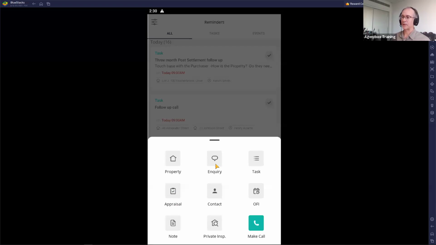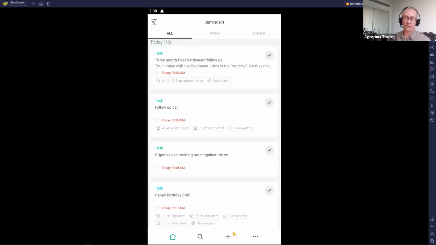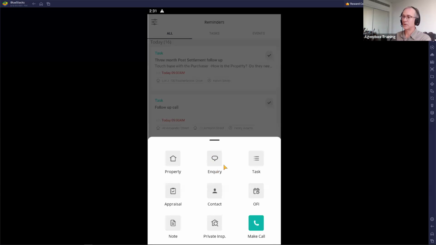Other things from the plus button. If you receive an inquiry on one of your properties, someone calls you and they're inquiring on your property, you want to make sure you're capturing those because they'll create a contact card. They'll add buying requirements against that contact. They'll potentially, depending on your database, receive future automated emails on new listings that match their requirements. Plus, you could communicate to those buyers from that listing in bulk. So if, for example, you've received an inbound call on one of your properties, plus log the inquiry,